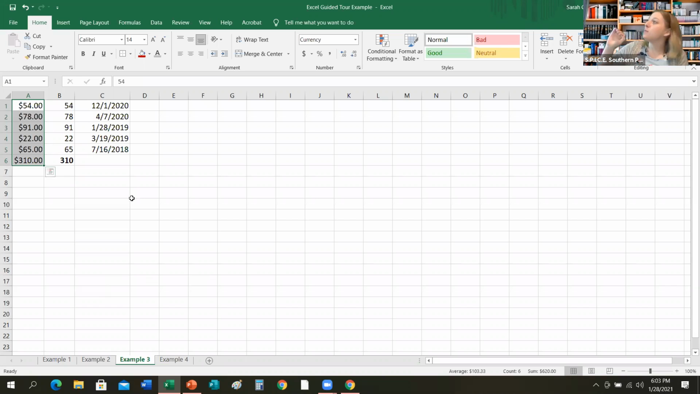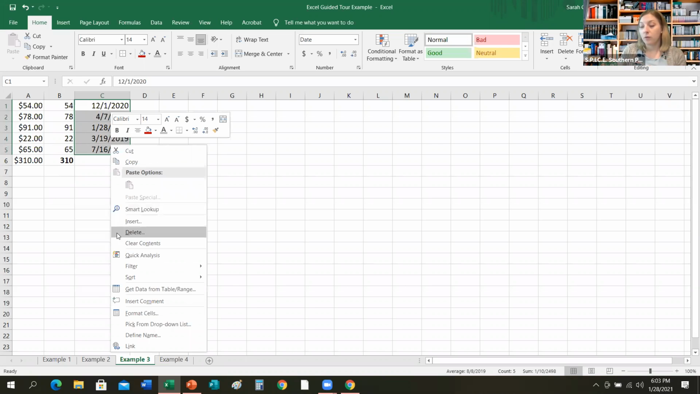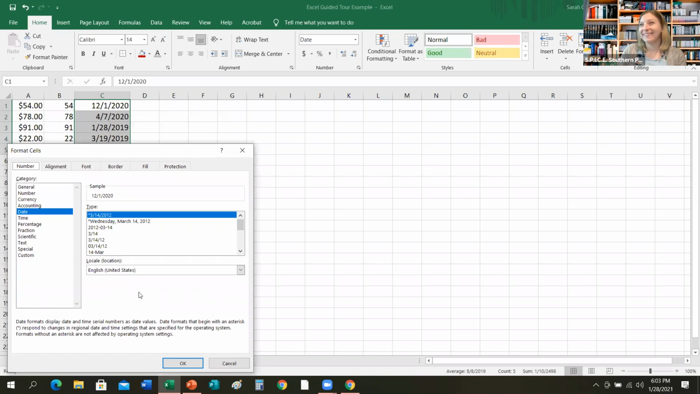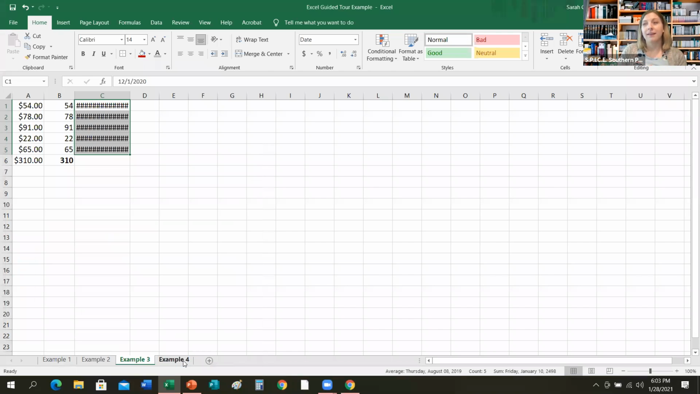So if you go to C1 and you highlight and drag down to C5, select all of that content, you're going to right click in the cell, go to format cells again, and this time you can see that it already sensed that we were trying to get a date in there, but we're going to tell it to actually write out the date. So if you'll select Wednesday, March 14th on the example, and then hit OK,